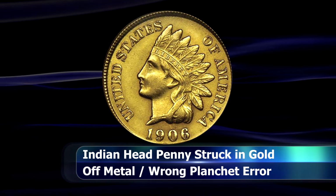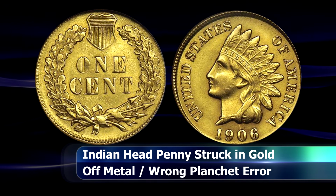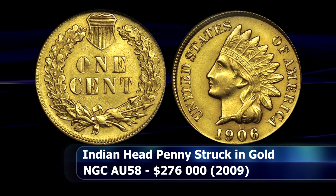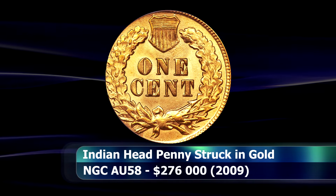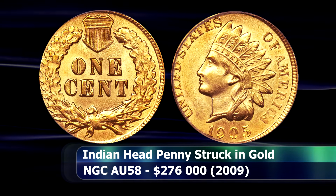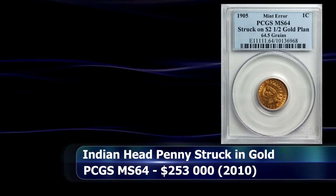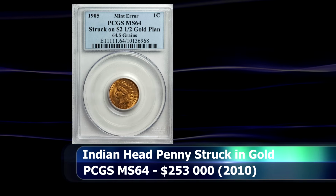Now, the amazing thing about this coin is that it is not even technically unique, as there are at least 6 examples of this happening that I'm aware of, now 3 from 1900, 1905, 1906, and a 1907 coin. The 1906 example set the auction record in 2009 when it was sold by Stack's Bowers for $276,000, and a year later, this 1905 PCGS example was sold by Heritage for